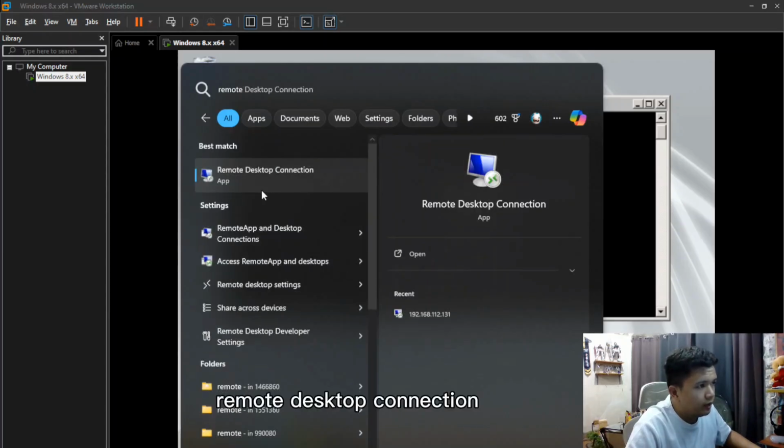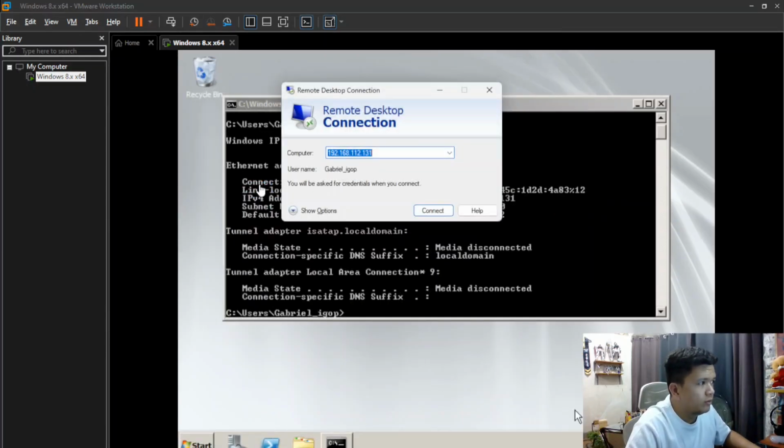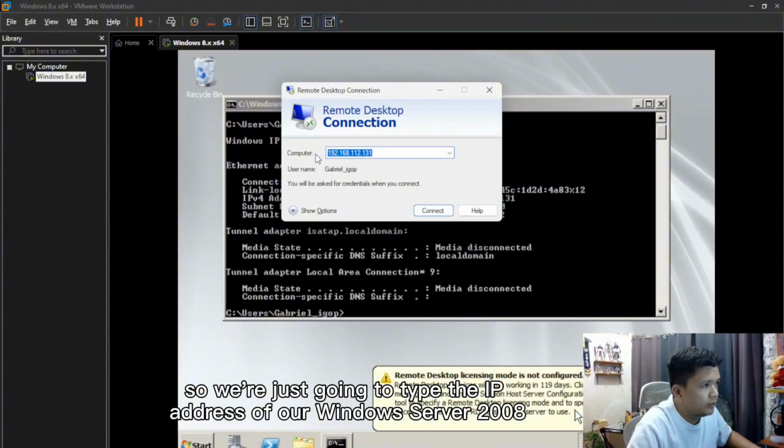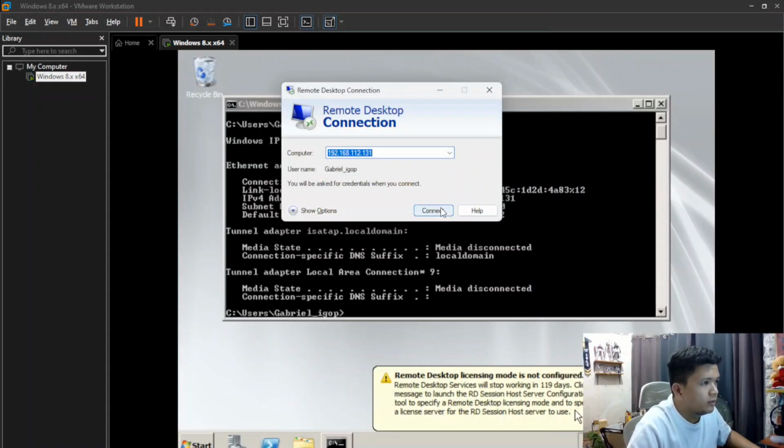remote desktop connection. So we're just going to type the IP address of our Windows Server 2008 and connect.